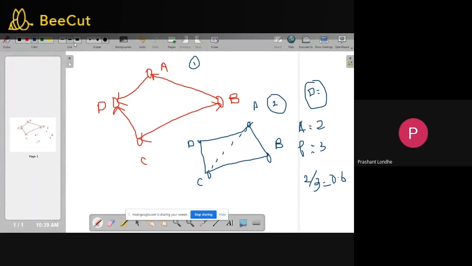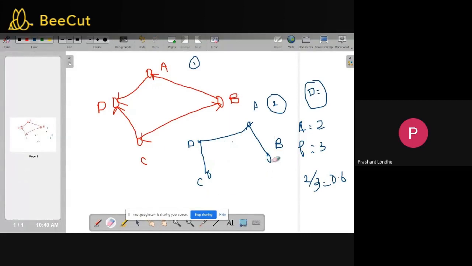Now, let me delete one edge. Let me delete this edge, and let me delete this edge also.